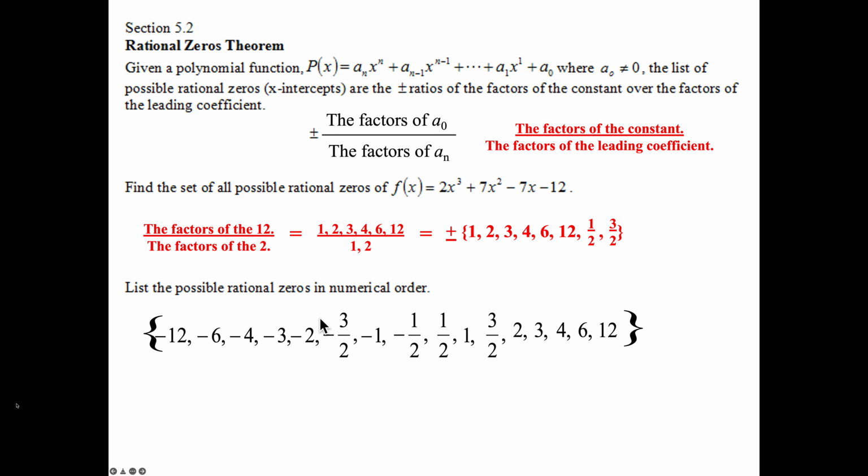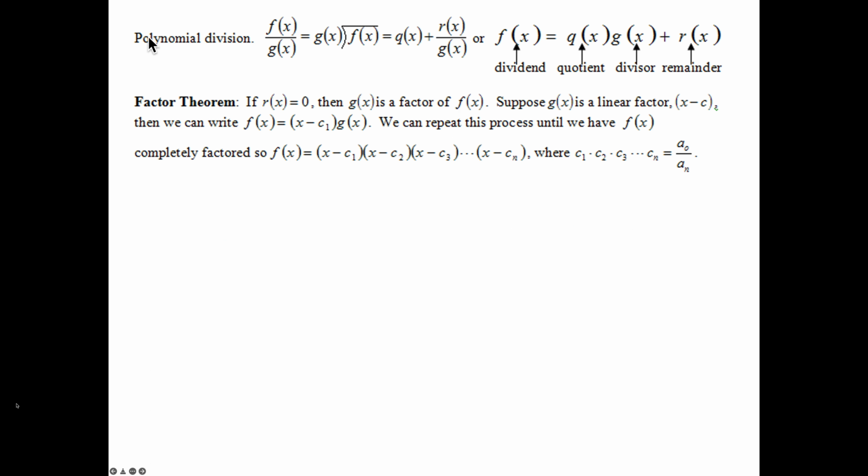All right, now we're just going to put this on the back burner for a second, and I'm going to talk about the types of division. So when we factor our polynomials, it's all about division. So polynomial division, f of x divided by g of x, we can write g of x out front, f of x on the inside, because what we're trying to do is factor out